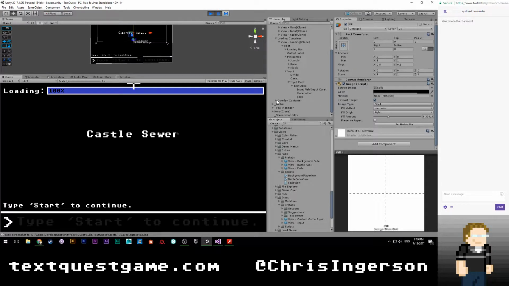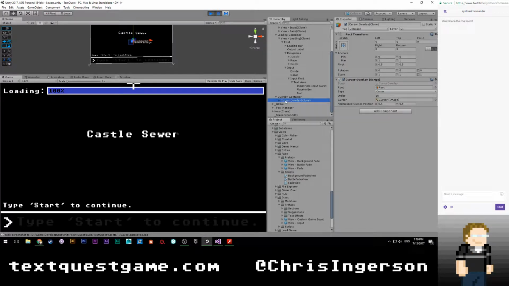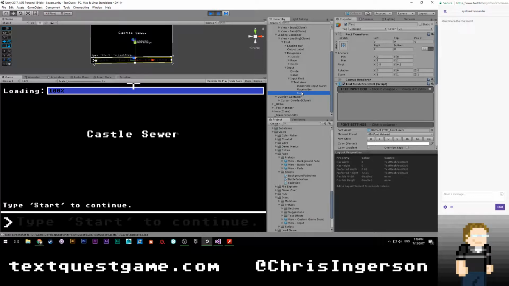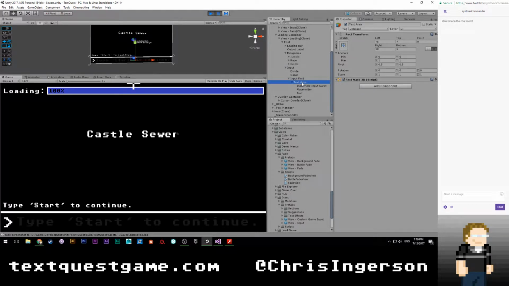Huh. I don't have anything over the overlay container because it shouldn't be blocking raycasts or anything like that. This is interesting. Why can't I reselect you? We have our placeholder. We have our regular text. Text area.